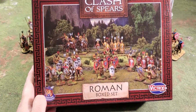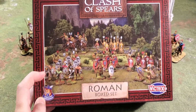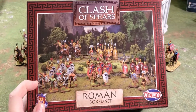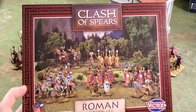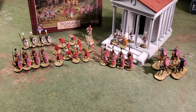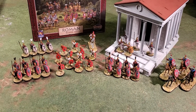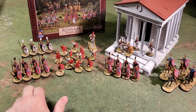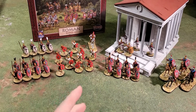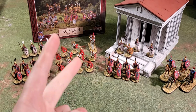So basically, I painted everything in this set except for the Velites. And then I added a couple extra pieces, but we'll just leave it at that. So I'll put that there behind there, just so you know what it's about. So this is the starter set, or the box set rather, and it has what I painted. I painted two. So I'm getting ahead of myself. So Clash of Spears and